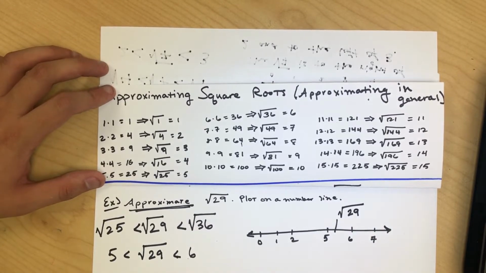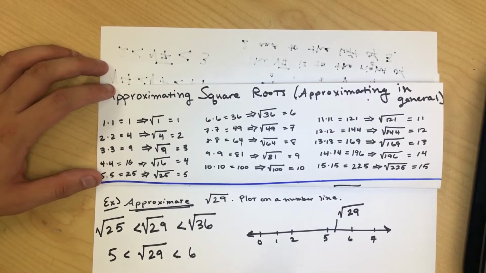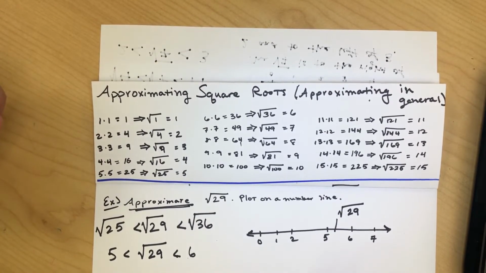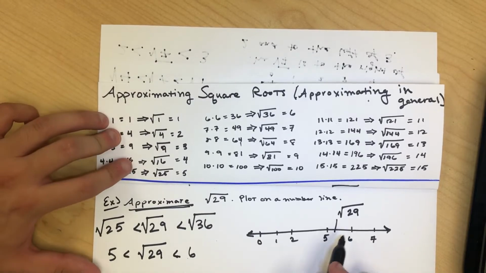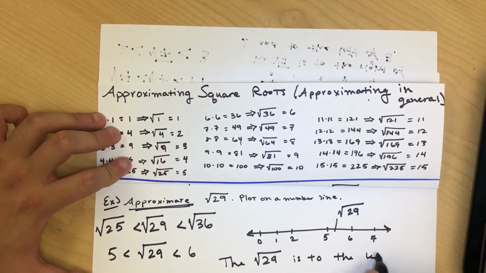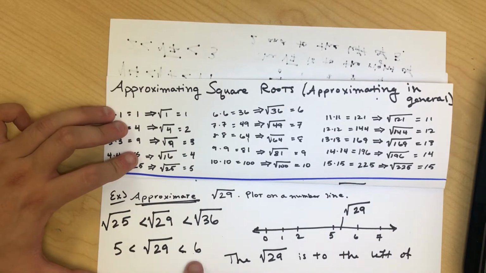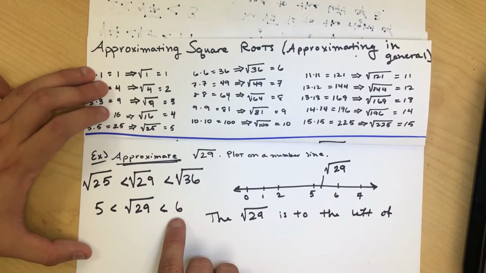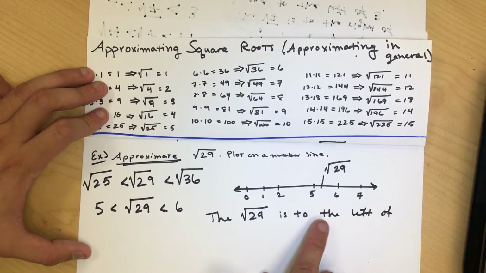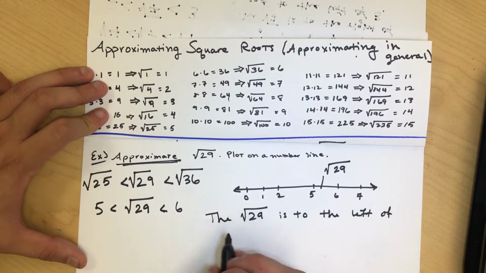Okay, and maybe we can describe the position of the square root of 29 a little bit differently. Maybe we can be a little more broad. So we can say the square root of 29 is to the left of 7, right? Because we know it's to the left of 6. So we can also say that it's to the left of 7, since 7 is bigger than 6. The square root of 29 is over here. Okay, so we could say it's to the left of 7,